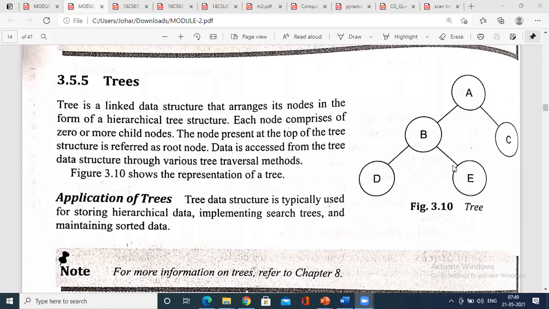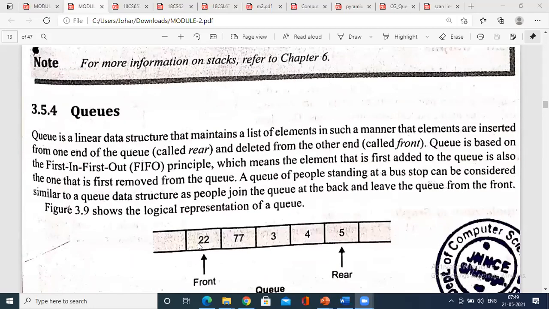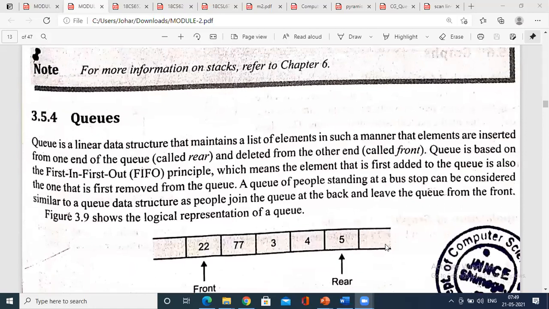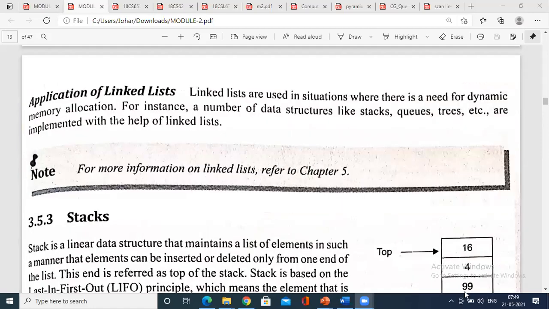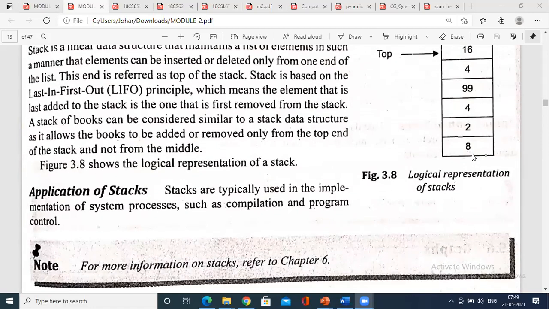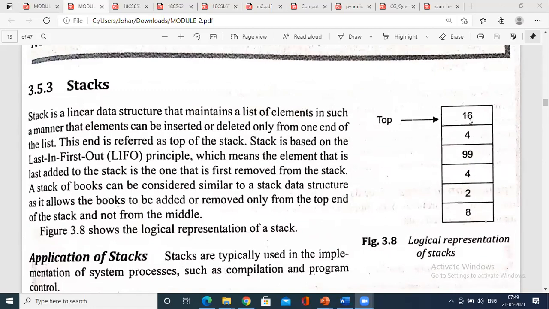Whereas if you look at the above data structures, there is a continuity. There is a continuity in the queue. There is a continuity in the stack, that is last in, first out, right? So the person who enters last, 16, will come out of the stack first. Actually, the top will be here. For those who have not understood, just for the time, the top will be here.